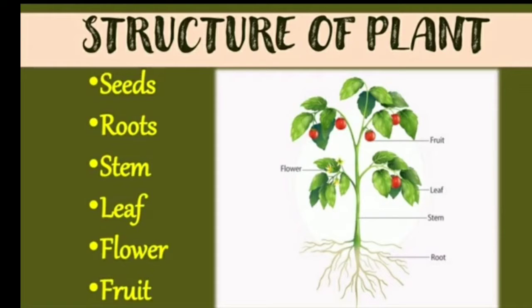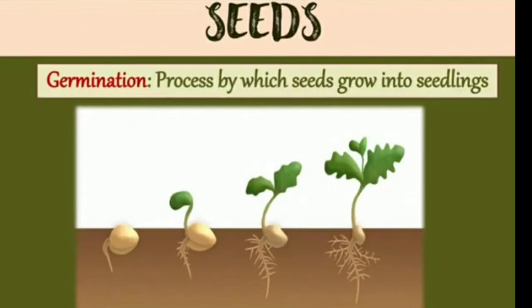We can identify plants with the help of these characteristics. Isn't it, children? So let us study each one of them in detail. The first one is seeds. Children, the process by which seeds grow into seedlings is called germination. What is the process of germination? It is the process by which seeds